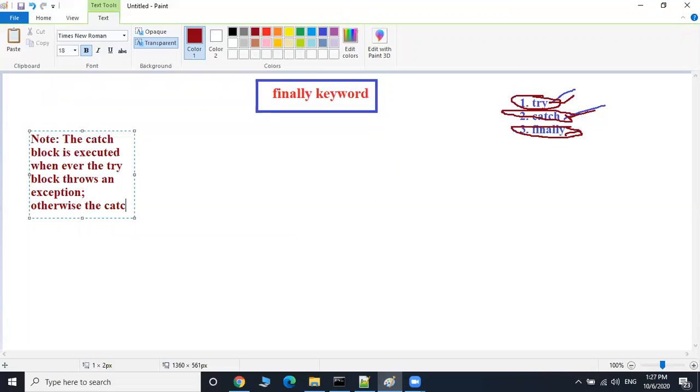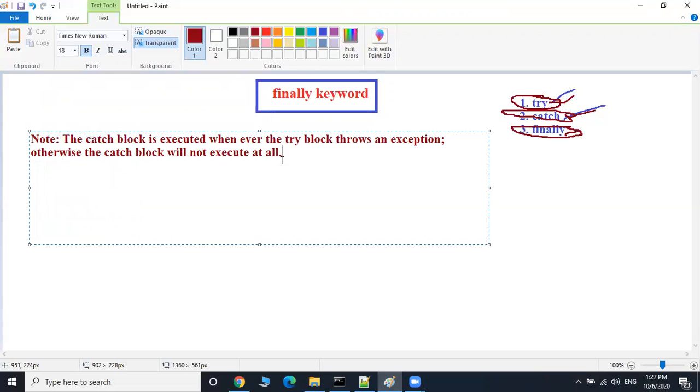Otherwise, the catch block will not execute at all. This is a very, very important point: the catch block executes whenever there is an exception, otherwise it will not execute.